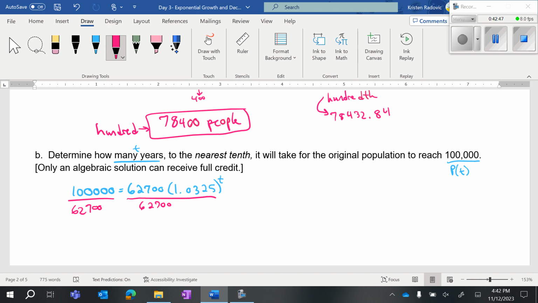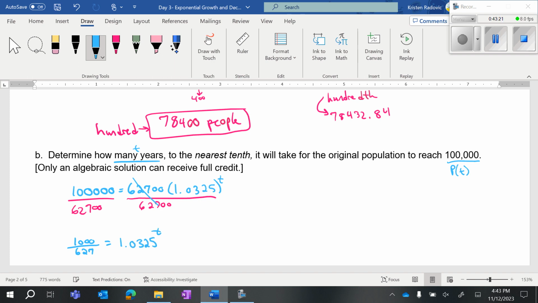So in your calculator, 100,000 over 62,700 simplifies to 1,000 over 627. I don't suggest doing this as a decimal. You should really leave it as a fraction. It becomes easier for you. Equals